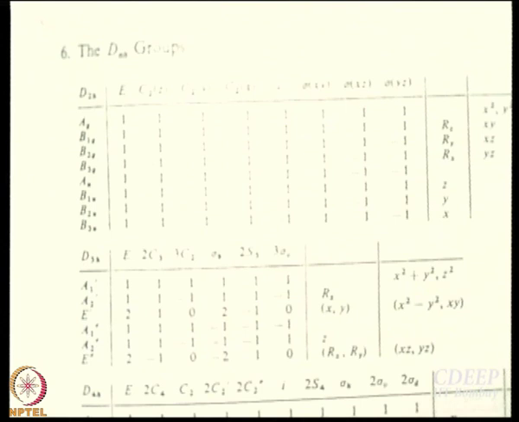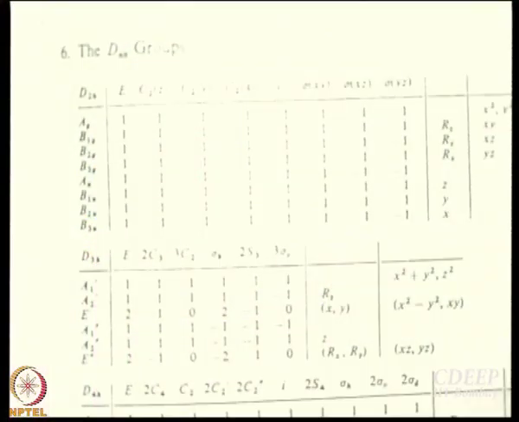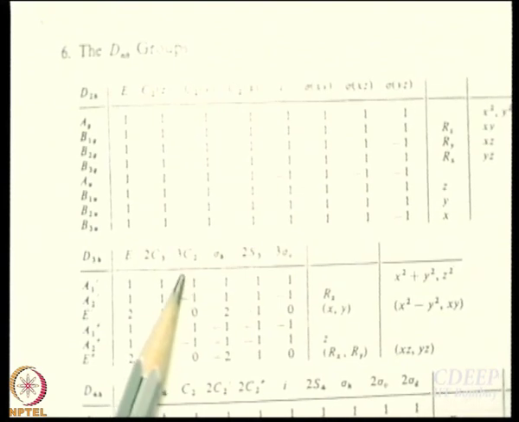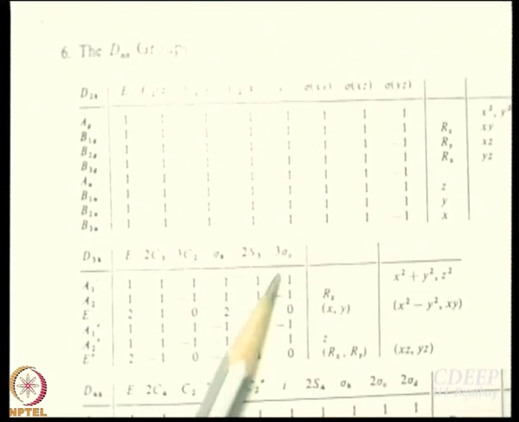This 12, 0, minus 2, 4, minus 2, 2, these are the chi-Rs, right? The character table gives you the chi-Rs. So for each of the symmetry species, you have to multiply the chi-Rs by the corresponding chi-Rs and then sum over all the symmetry operations. And when you sum over all the symmetry operations, there is some place where you can go wrong very easily. Where is that place? Do not forget to multiply by this 2, this 3, this 2, 3, etc.